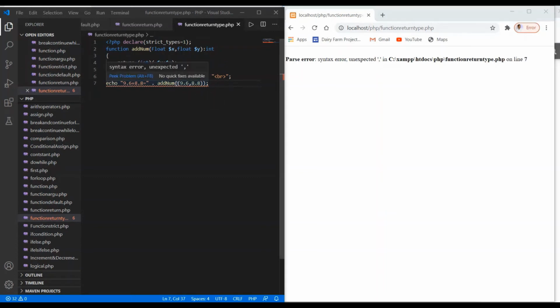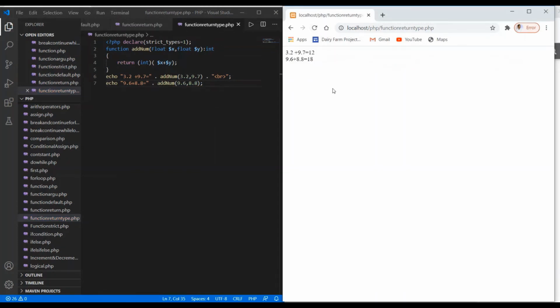Okay, this is the error: we used double parentheses. Save your changes, refresh, and we got the result. Now our result should be 18.4, but it is showing only 18, just because we restricted the return type to integer only.